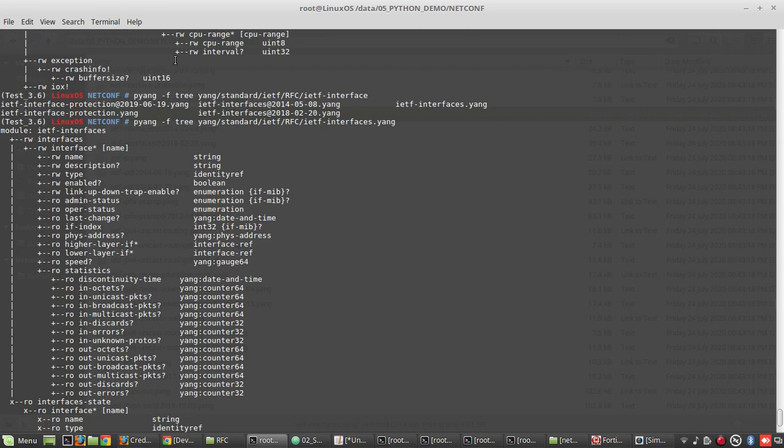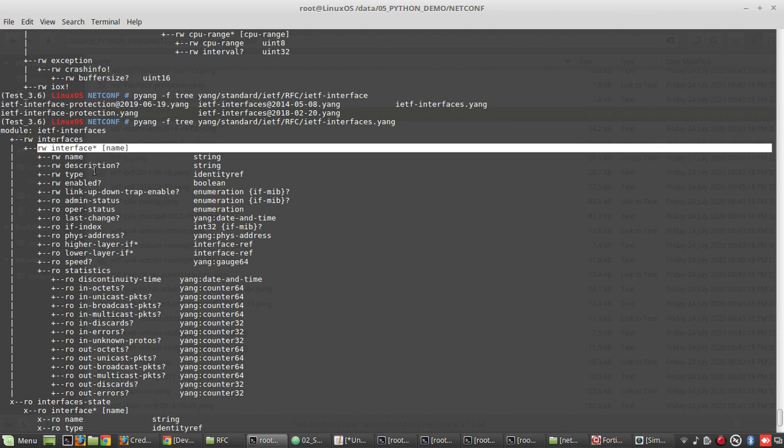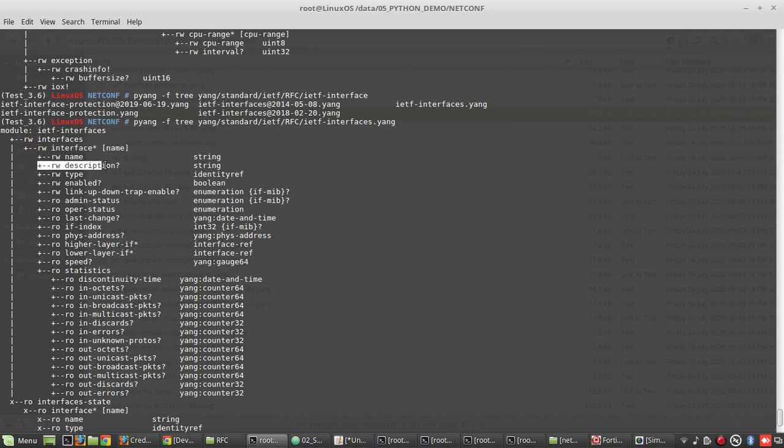So you can see here the top directory is interfaces. Under interfaces, each interface will be differentiated using its name. Then these are all read-write, that means you will be able to configure these parameters. So under interfaces you will have provision to give description, type, whether it is enabled or not, admin status, speed, everything will be configurable.